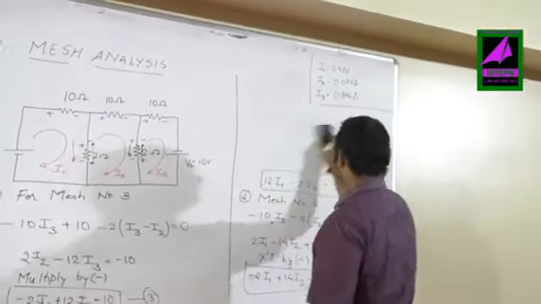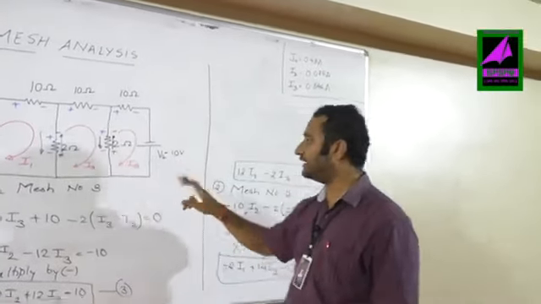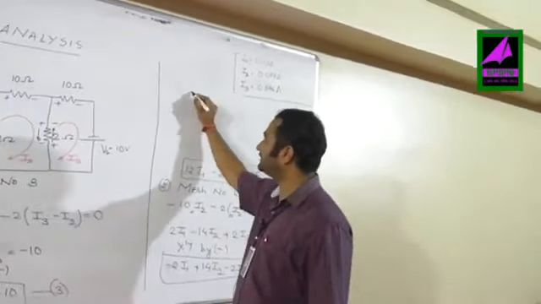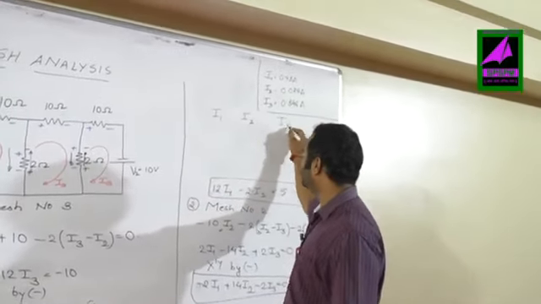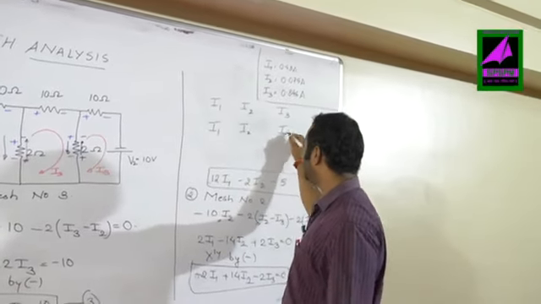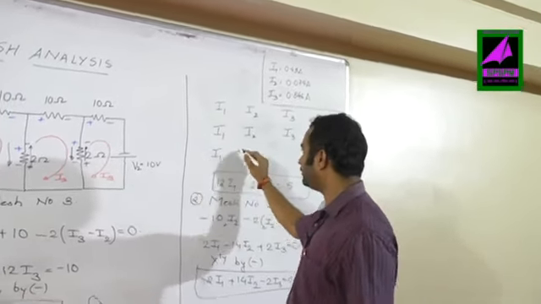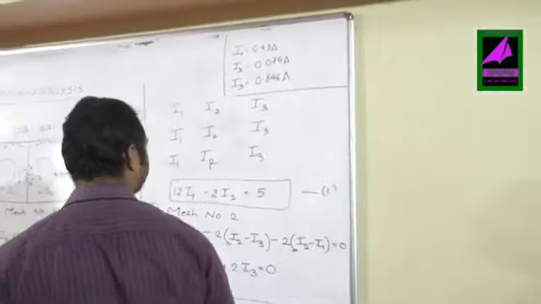So how to write the three equations? The very first thing is that I will match with these three equations once I start writing it. Because I am writing it for three unknowns, I must take the three unknowns as I1, I2, I3. I am supposed to write three equations, so I directly write I1, I2, I3, I1, I2, I3, and then I1, I2 and I3. Now these are the three equations that I have got.